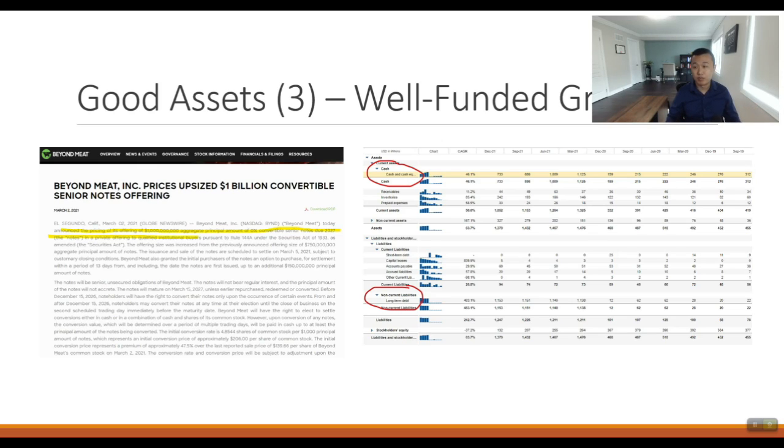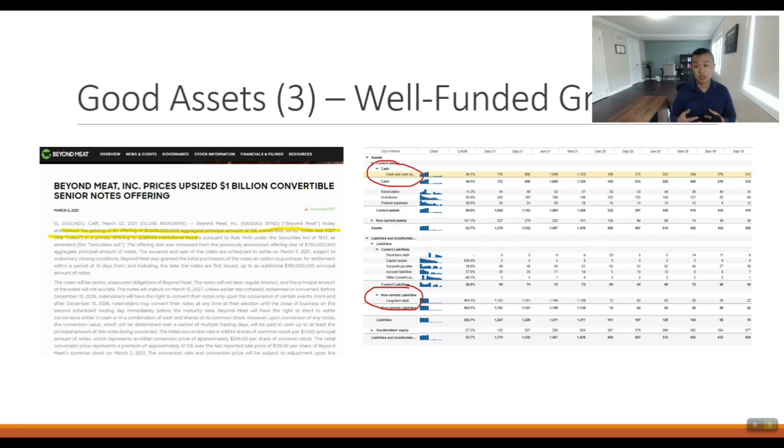I probably will make one in the future, but I just want to quickly mention that, so far, you can see when they raised the debt, they had a $1 billion jump in cash in March 2021. The one thing that concerned me is that they burn about $150 million in cash on a quarterly basis. So right now they have $750 million in cash left. That takes them about 4 or 5 quarters to burn through the rest of the cash. So that's a year and a half.